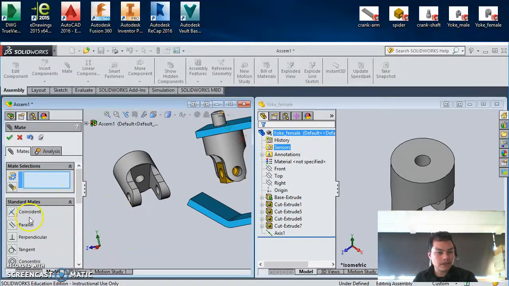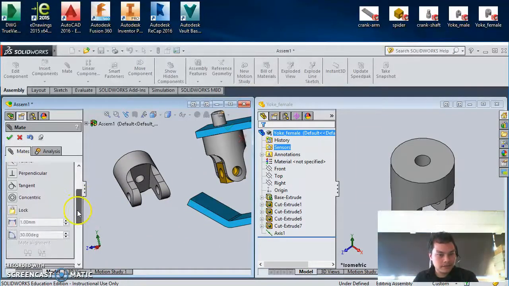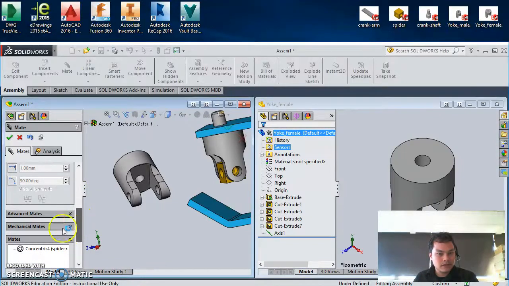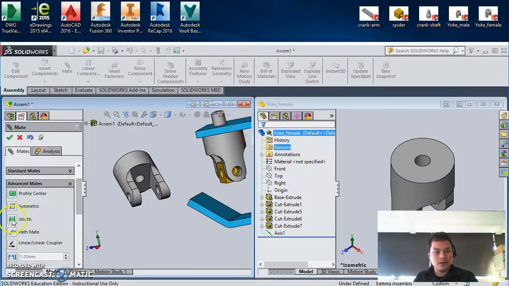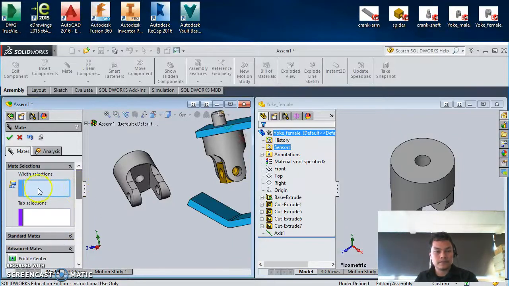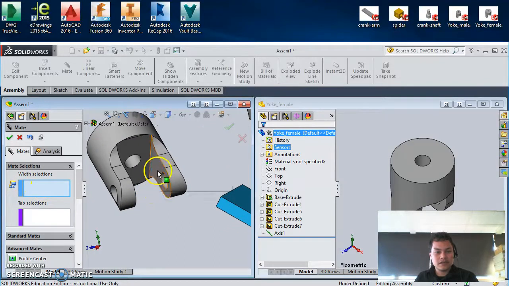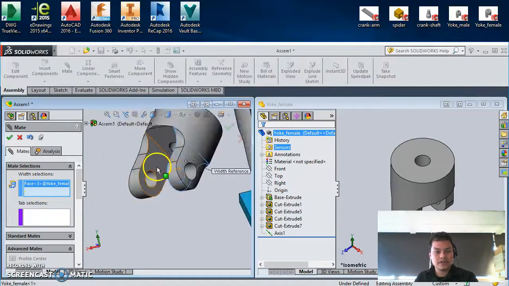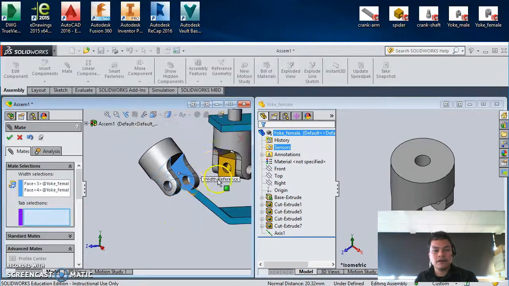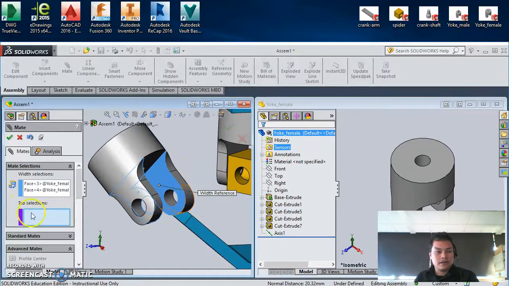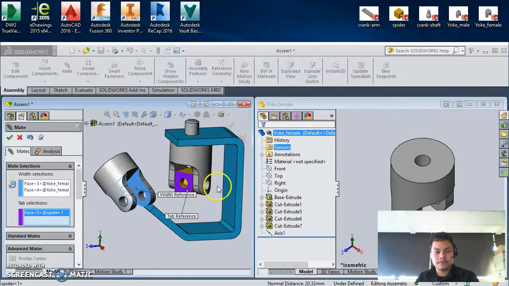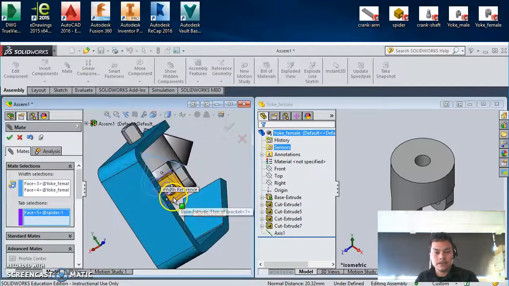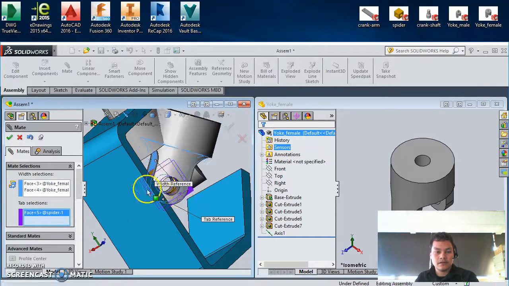So here we have advanced mates, width, and the width selection would be this surface and this surface of the female yoke. And for the tab selections, this surface and this surface. Click on the green tick